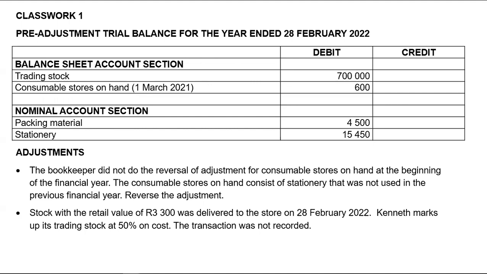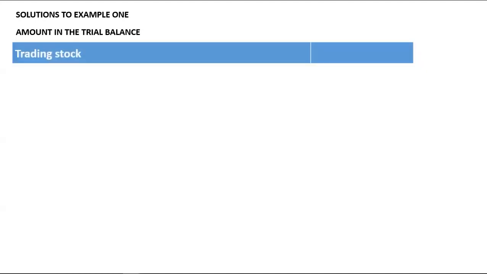2022. So in this case, we actually need to adjust both the amount that we have in the trial balance and the amounts that we have counted. So I will first adjust the one that is in the trial balance by increasing it by 2,200. Remember, in our trial balance, our trading stock is sitting at 700,000. We are going to increase it by 2,200, and then the new balance, which will be the adjusted amount, will be that 700,000 plus 2,200. That will give you